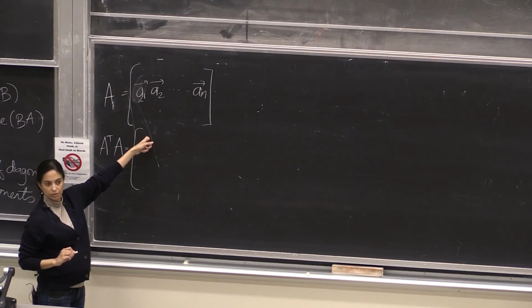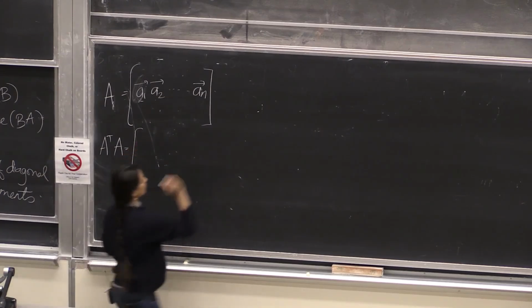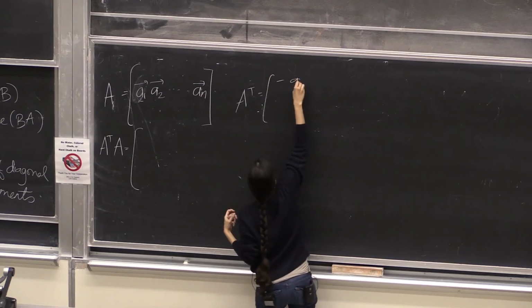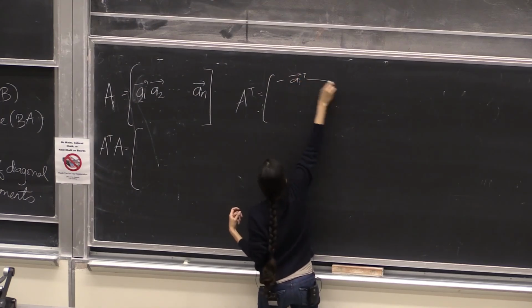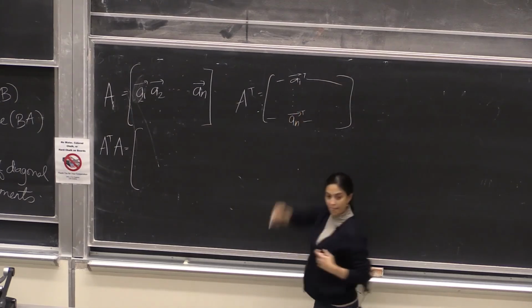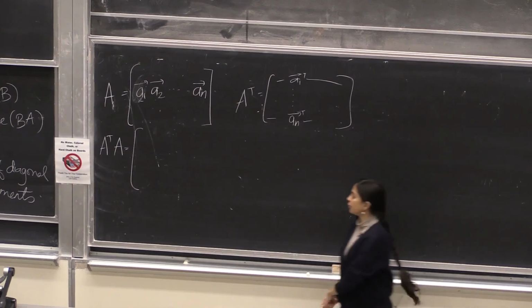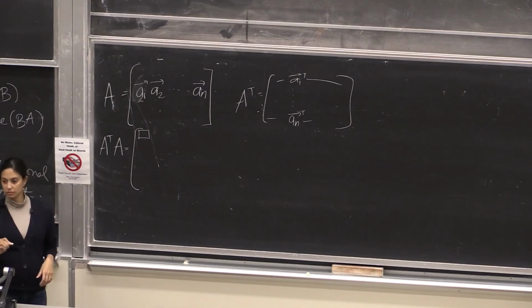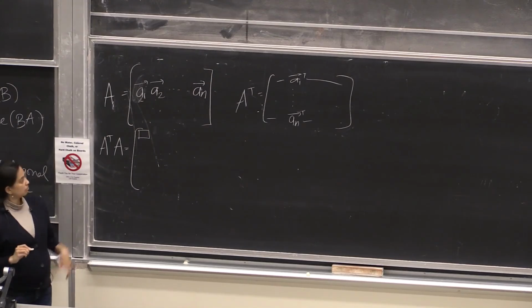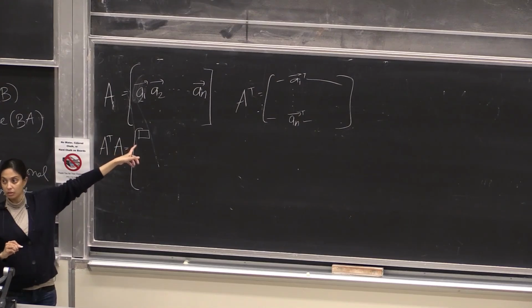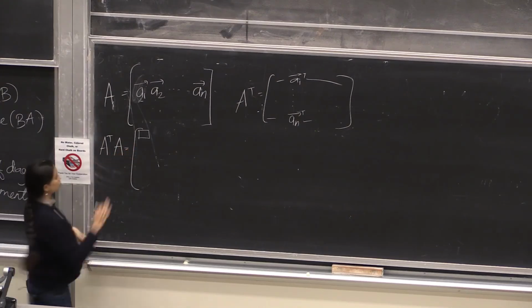Remember, what is A transpose? What is the first entry up here of A transpose A? I take the first row and I dot product it with the first column. So here I get